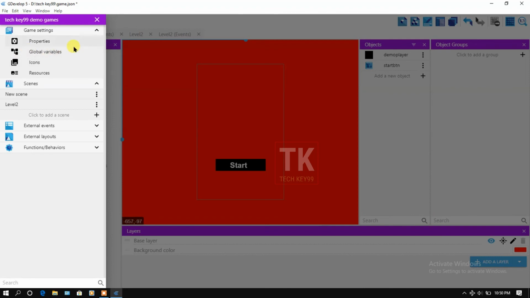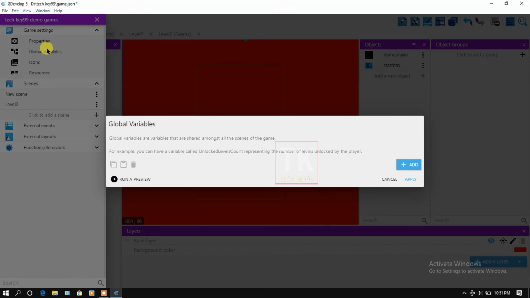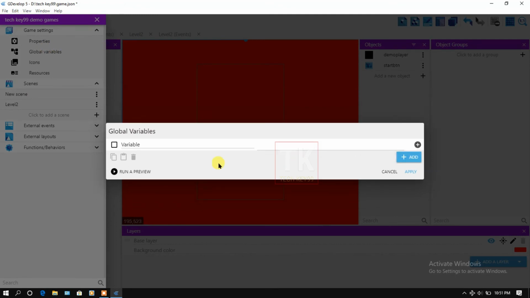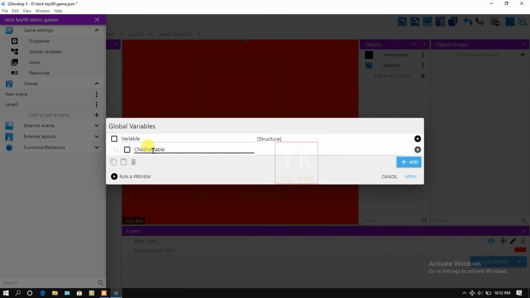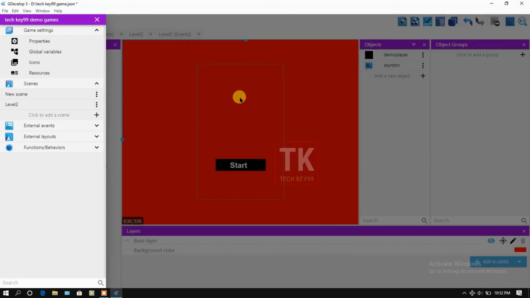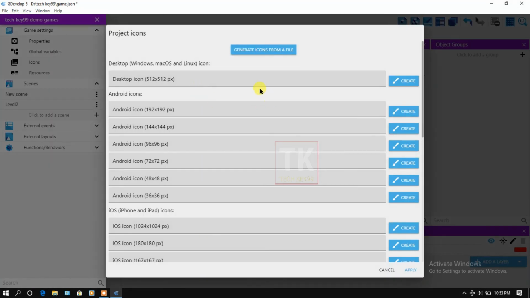And this is a global variable. If you are making an advanced game, then you have to make global variables. Click on global variables. Here you can add global variables. This is a main global variable, and if you add another variable, then this will be a child variable. I will teach you about global variables in the next video. And here you can upload your game icon.